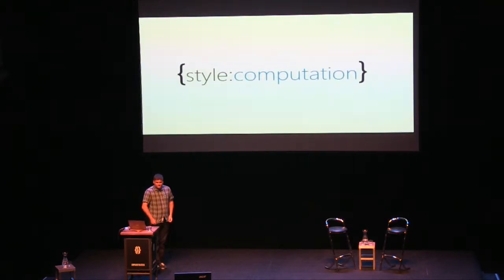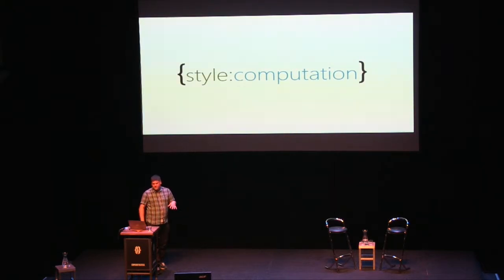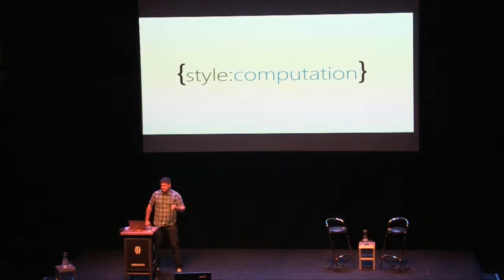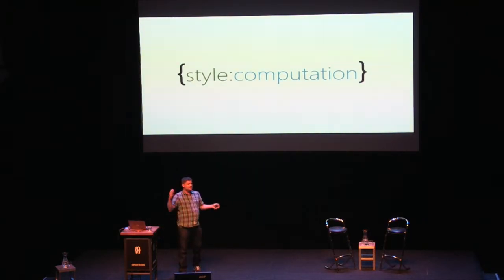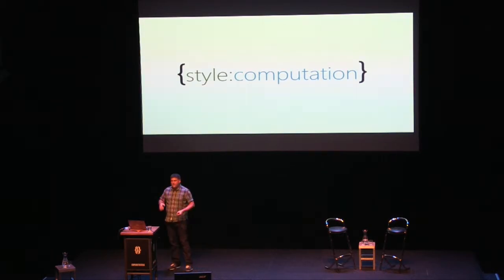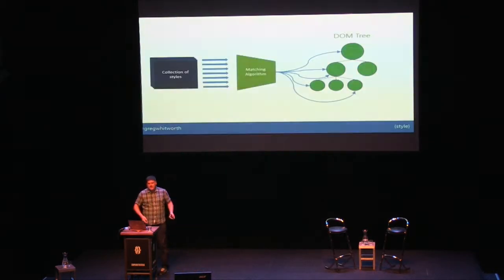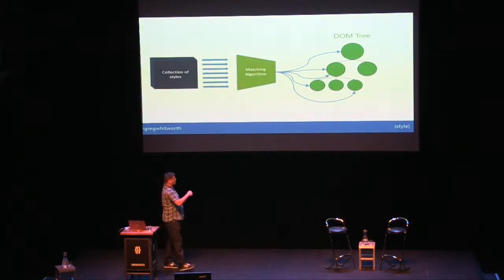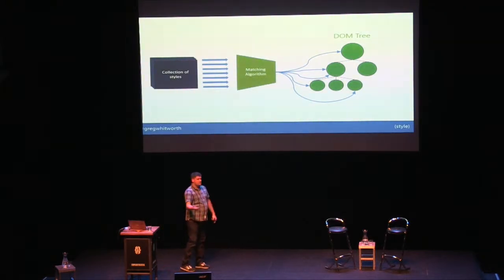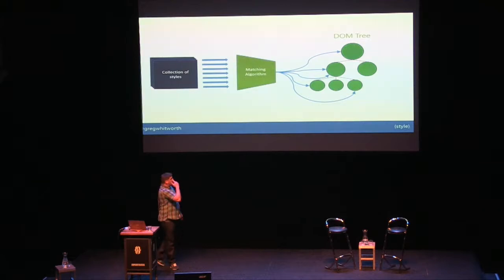Style computation. At this point in the talk, did we lose anything? Okay. At this point in the talk, we have parsed out all of the CSS. We've got them into a nice large container of objects. And basically now what we have to do is go and query the DOM tree, similar to how you do querySelectorAll, on each one of those rule sets